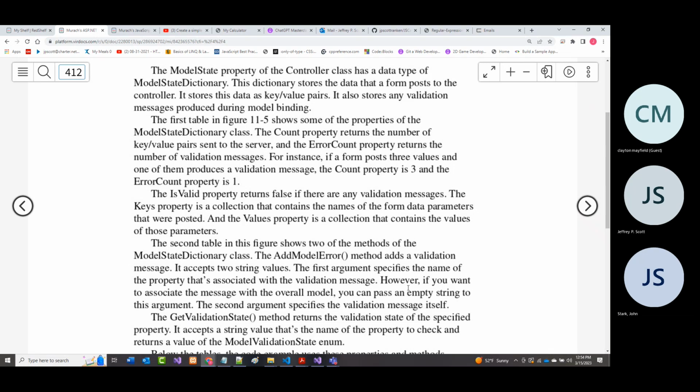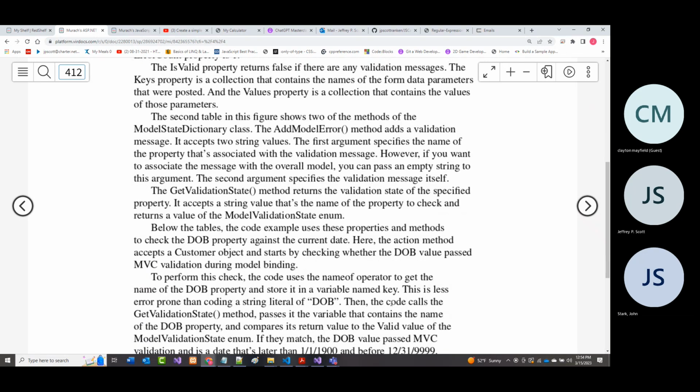What that means is there may be several things that were wrong with the same field. So, if you took a field that was supposed to be a number and you either put it out of range or made it non-numeric, there might be more than one error is what I'm saying. All right. The is valid property returns false if there's any validation message whatsoever.